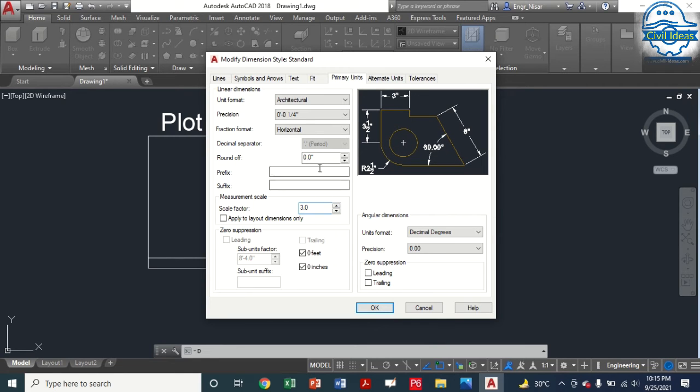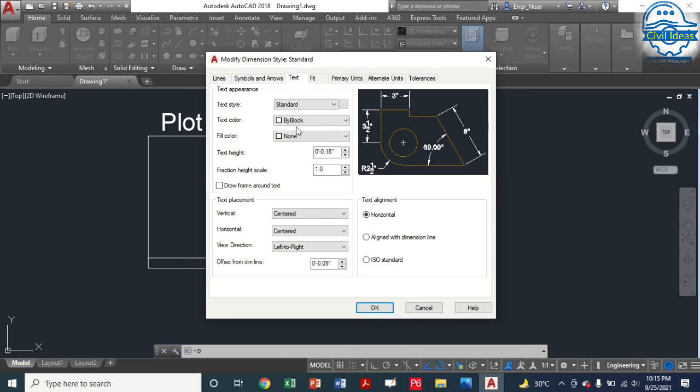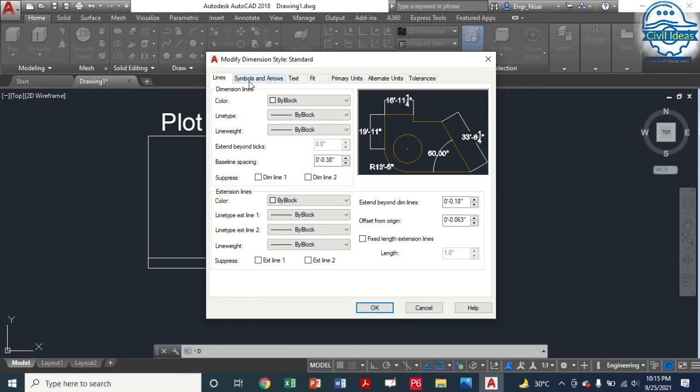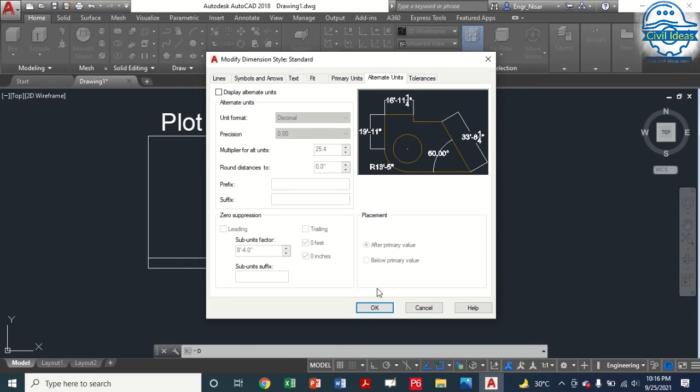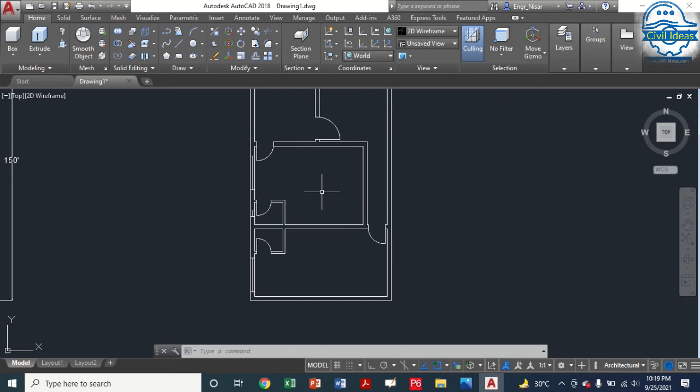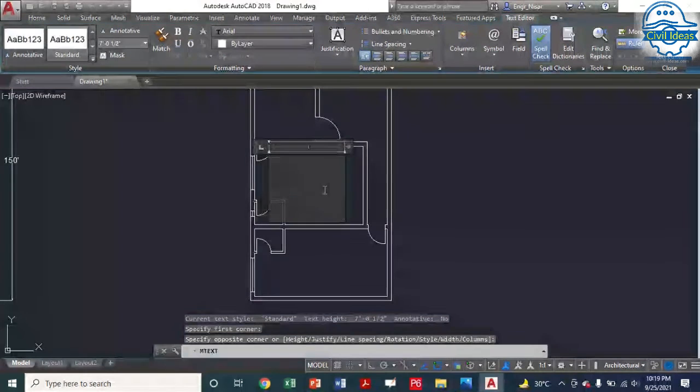You can see here the text height. The text height you can put directly 1 foot. And these are the factors. You can check where you want to fit arrows. You want arrows, text, only text, arrows. These are the line types, everything you can check. Okay, so now I will okay it. This is the plot and this is the ground floor. Now we will move to the text; you can draw text like